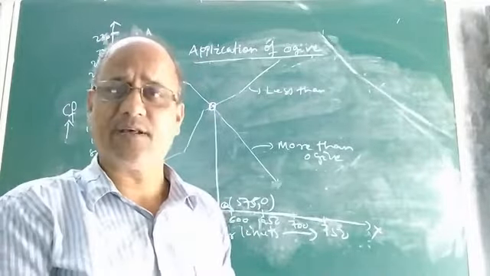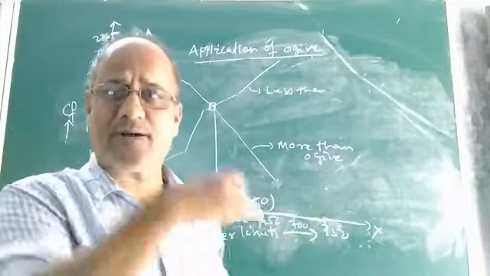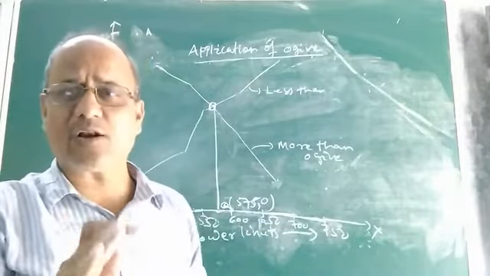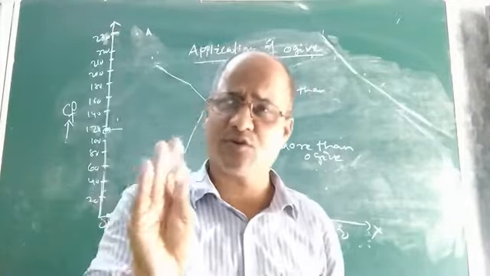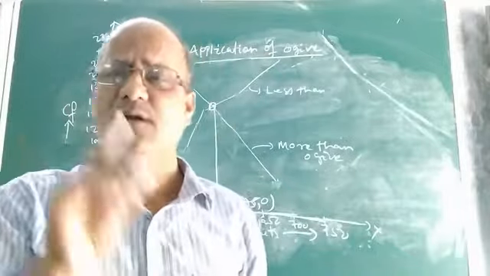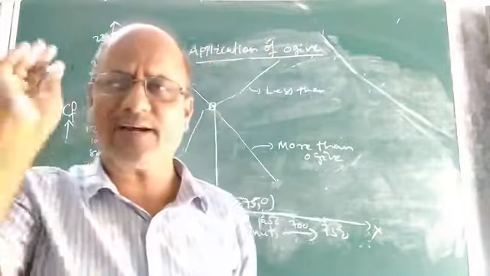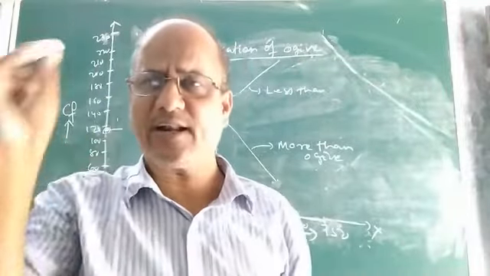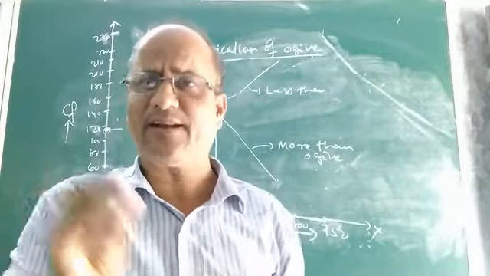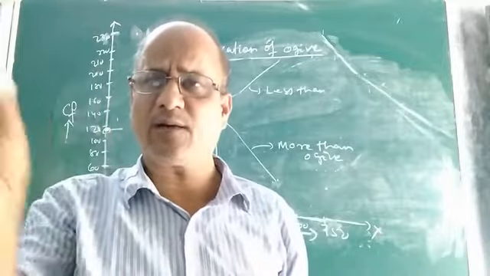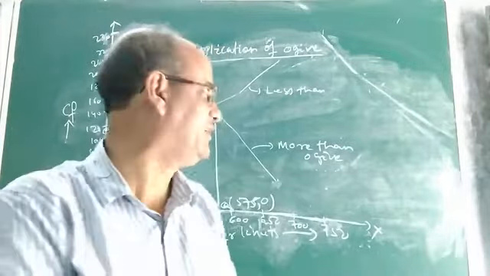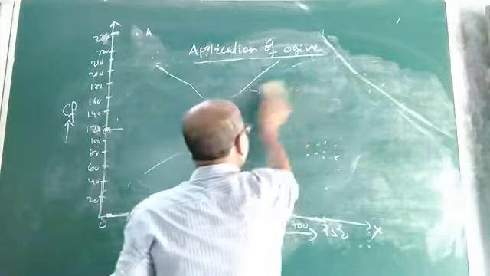Both the ogives individually, from the less than type ogive and the more than type ogive. Okay. So this is all about the application of your ogive or cumulative frequency curve. Now one more thing I would like to say. Children, whatever measures of central tendency we read, mean, median and mode, do you know what is the empirical relation between mean, median and mode? I mean the three measures of central tendency.